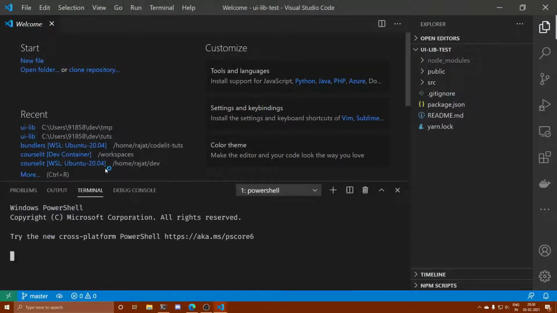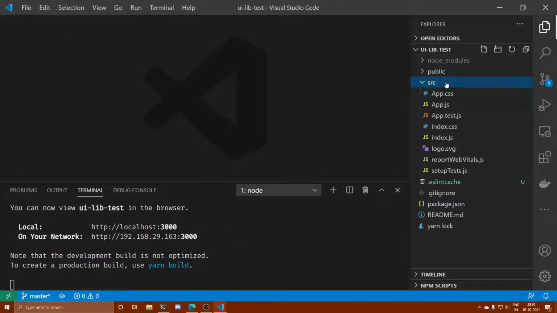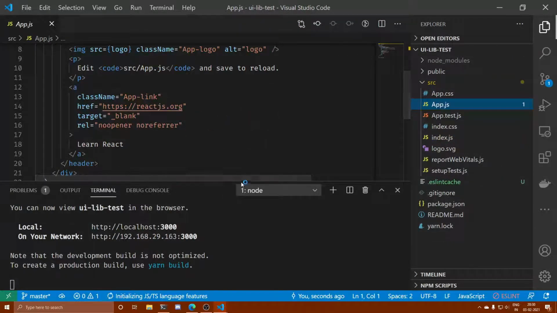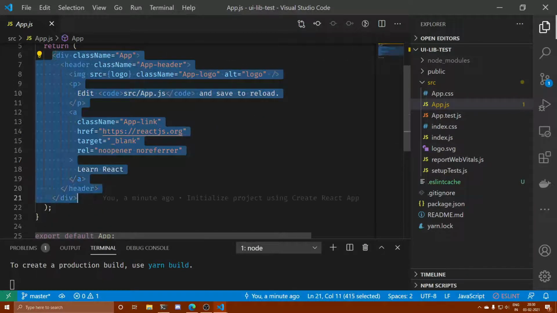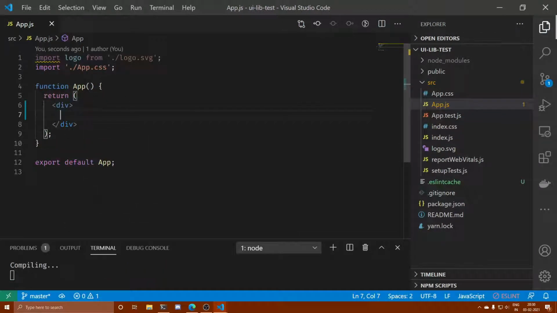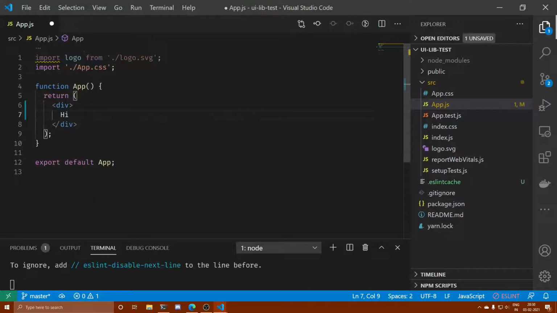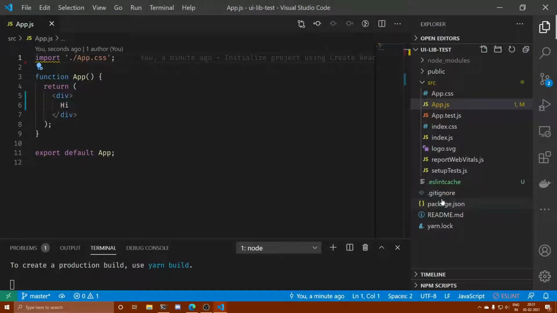Okay, so let's open the terminal first of all and issue yarn start, so that will start the React project. So this is the sample React project. Inside the src folder you will have this file app.js, which is going to contain your starter code. From here clear everything and just have a div in place and any random string. Remove all the unnecessary imports because we don't need those for the sake of our testing. And in this project, we require that library.